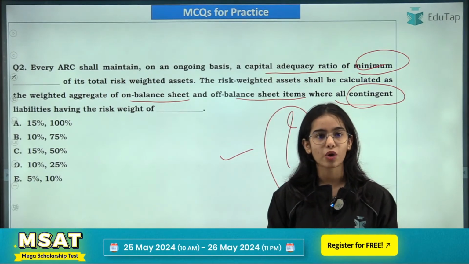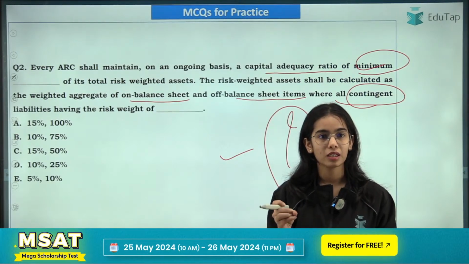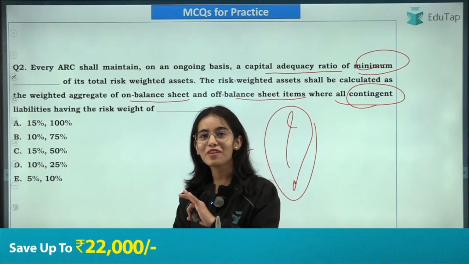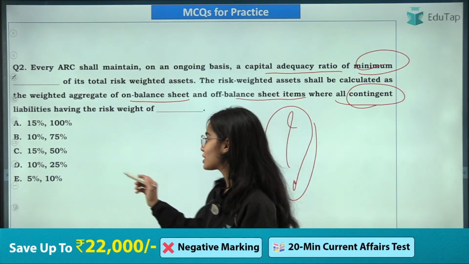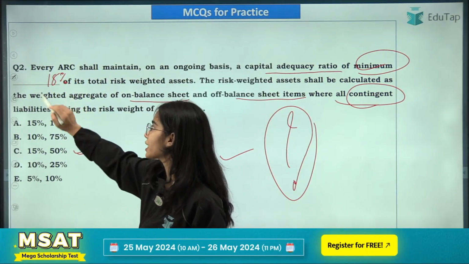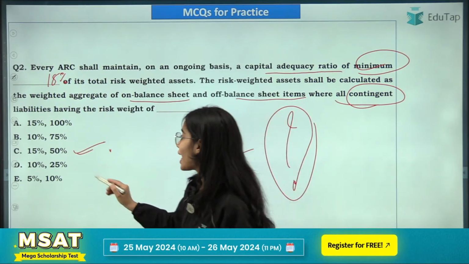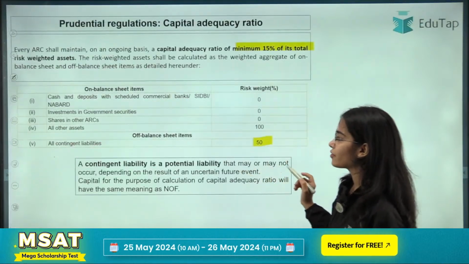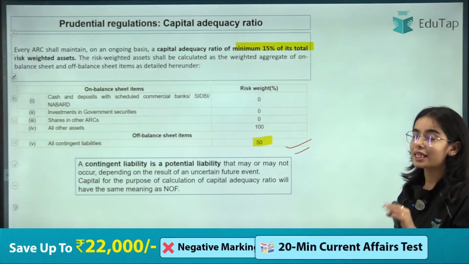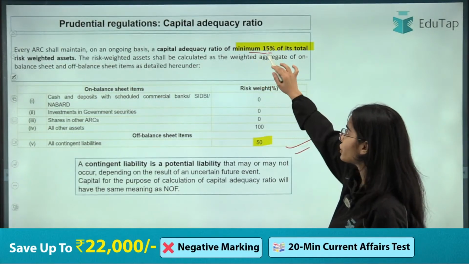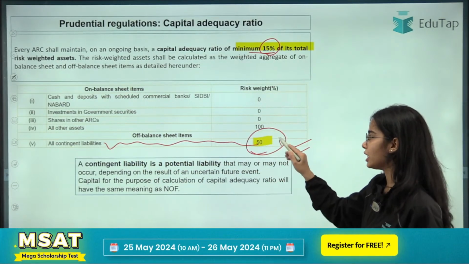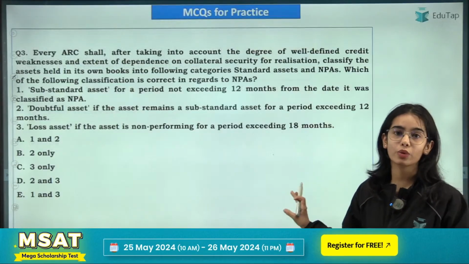So I'm getting the answers. Sorish, Nitya, Padmini, Rohit, Jukta, Sumit, Shalini, Herschel, everyone has given the right answer. So good to see that. So for the asset reconstruction companies, the CRAR requirement is 15%, and the contingent liabilities have the risk weight of 50%. So here the right answer is C only. That is, the CRAR is a minimum of 15%, and all contingent liabilities have the risk weight of 50%. Okay. So this is what you have to remember.